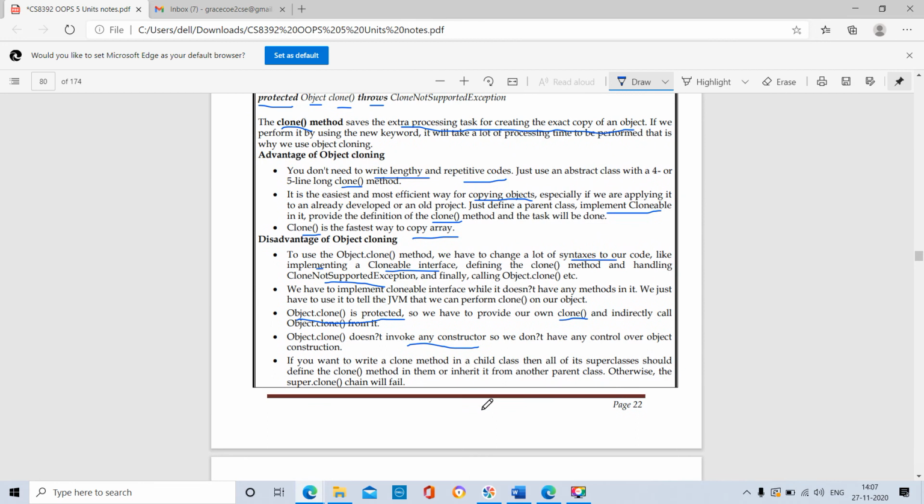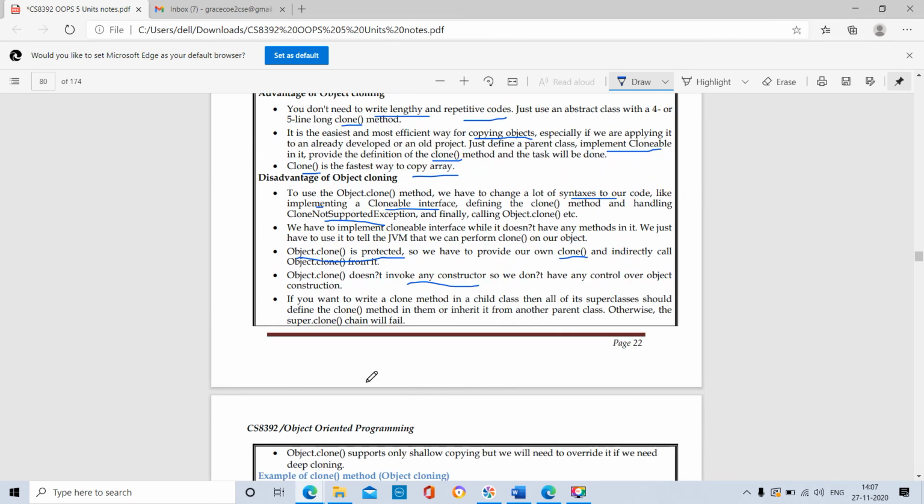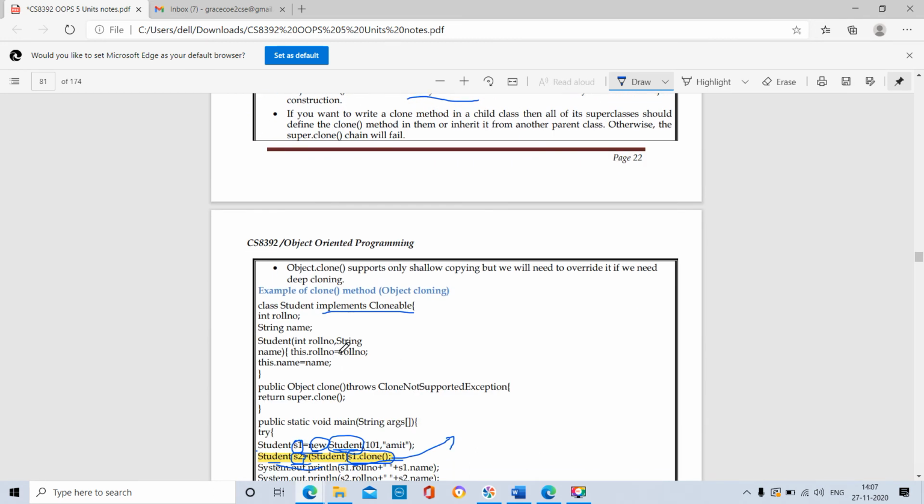Also, Object.clone supports only shallow copying but not deep copying. It will just do shallow copying; it will not do deep copying. Okay, see the example.